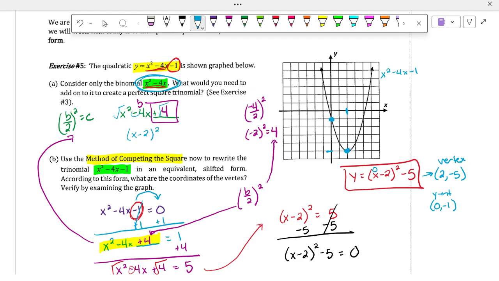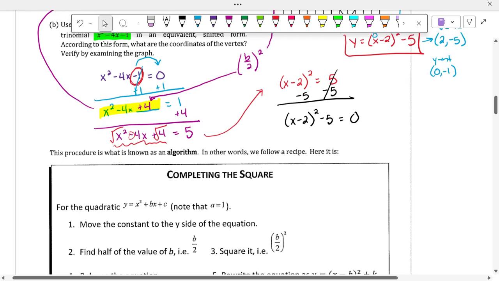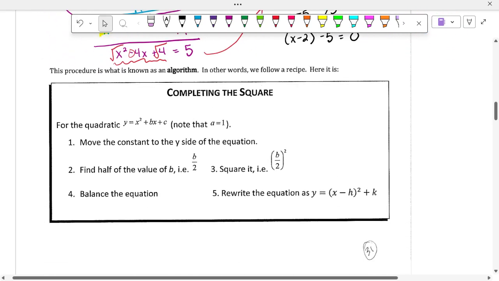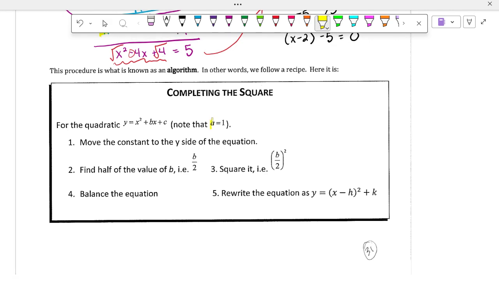So we can conclude that these two are the same. All right. So to formalize what we already said, first things first, and this is one note: you can only do this if your a value is equal to 1, meaning there's nothing in front of your a value. We will talk about in a second how to do it when your a value is not equal to 1.